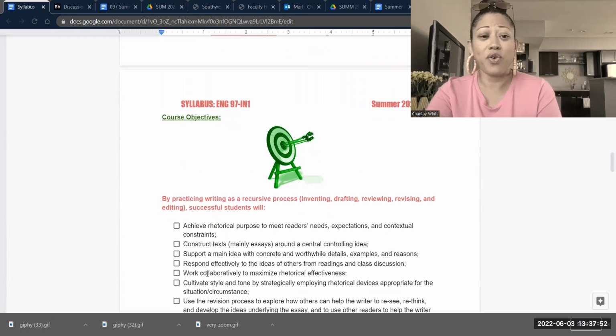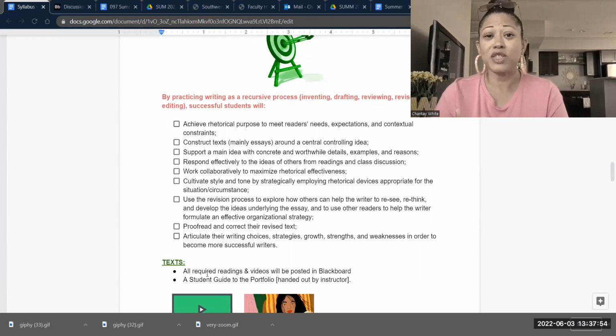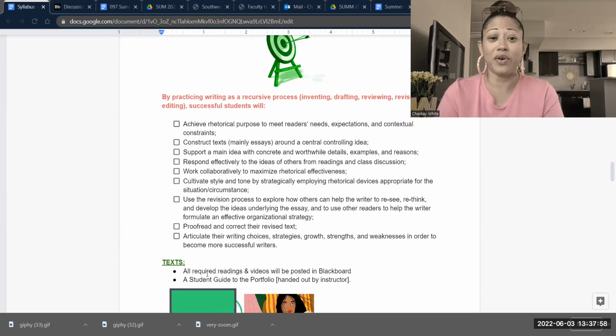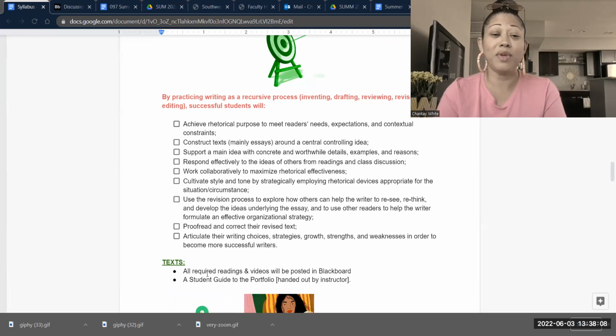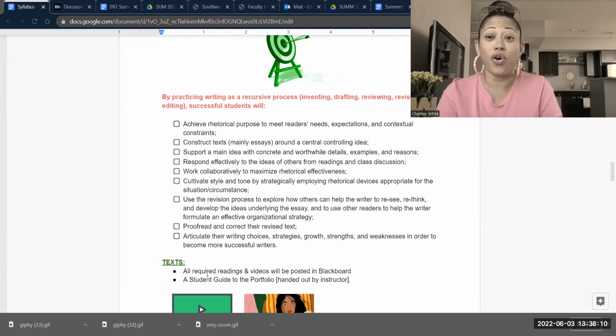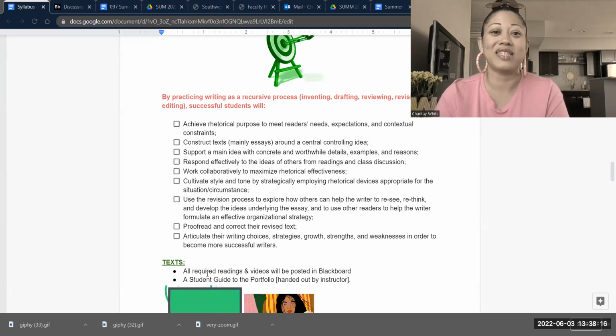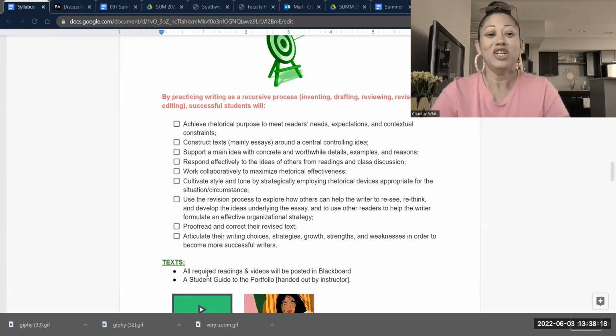Also on here, we have our course objectives, which explains what we're trying to get done in the class, what I hope that you walk away knowing, what it means to have a rhetorical purpose. Rhetoric by itself simply means effectively communicating. So when you are effective when you're communicating, you are being rhetorical. And we want to do it on purpose. Very often we do it, but we're not thinking about what makes us effective in terms of how we communicate. So we're going to use all of these things to do that.